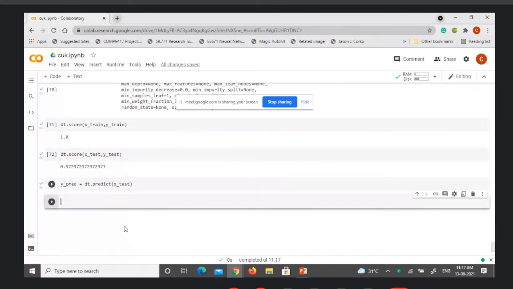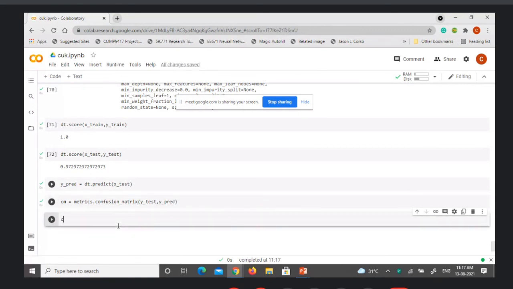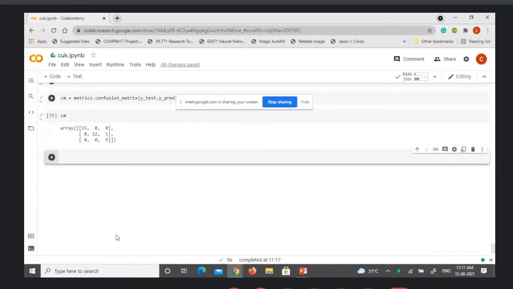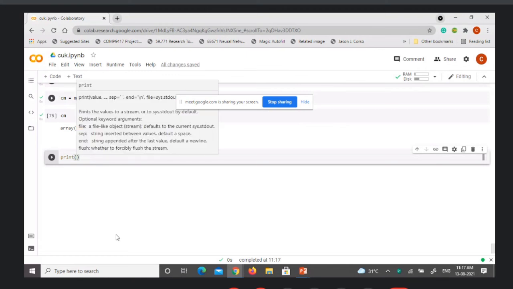After doing the predictions, what we have done is printing the confusion matrix by passing the actual labels and the predicted labels, and print the classification report.